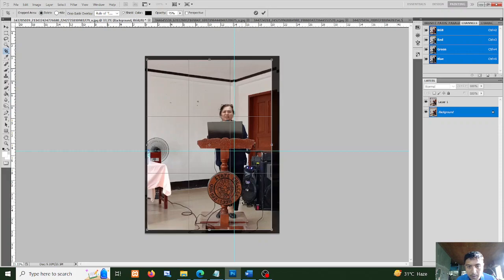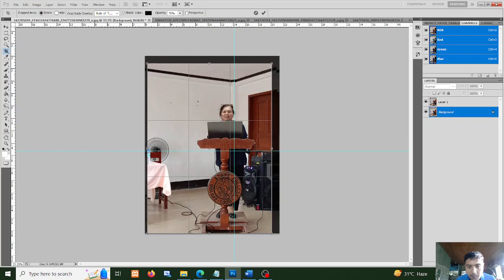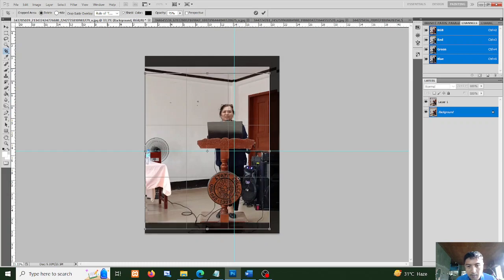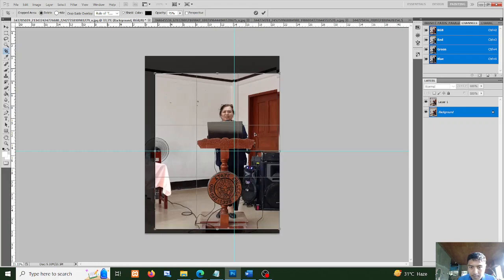Now we did not apply the rule of thirds. We cannot apply the rule of thirds here because the photo is ugly to begin with. So I should remove that one. Yeah, the photo is ugly to begin with. So you cannot even center it. What we're going to do is,